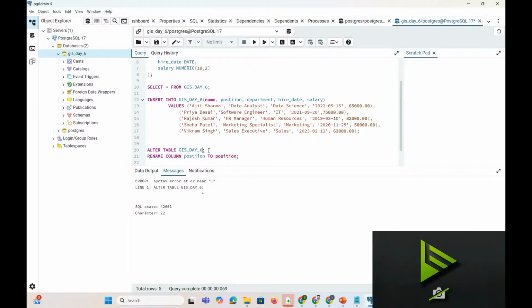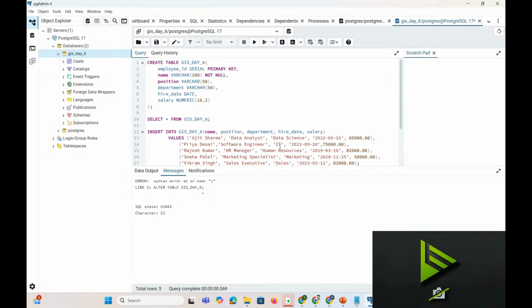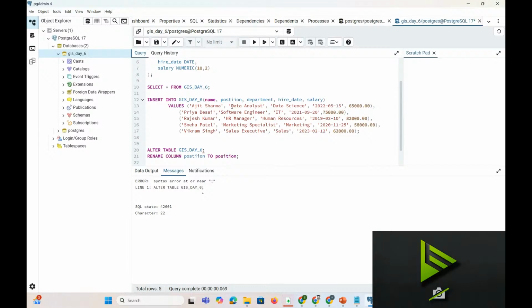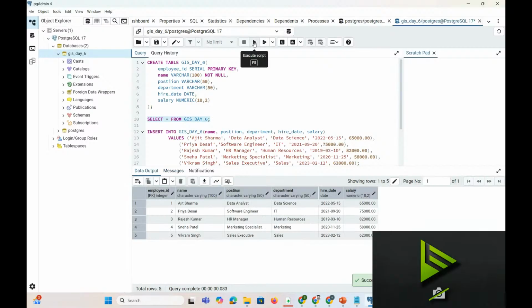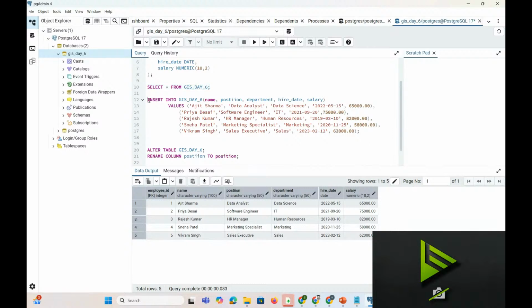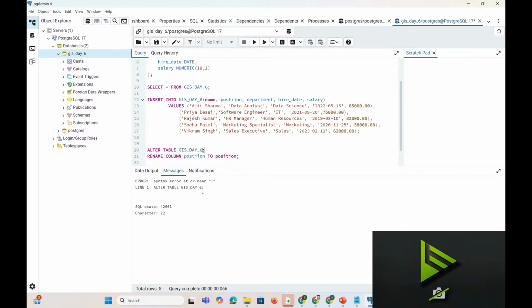So do we need to put a bracket? No need for the bracket here? I think this will be done with